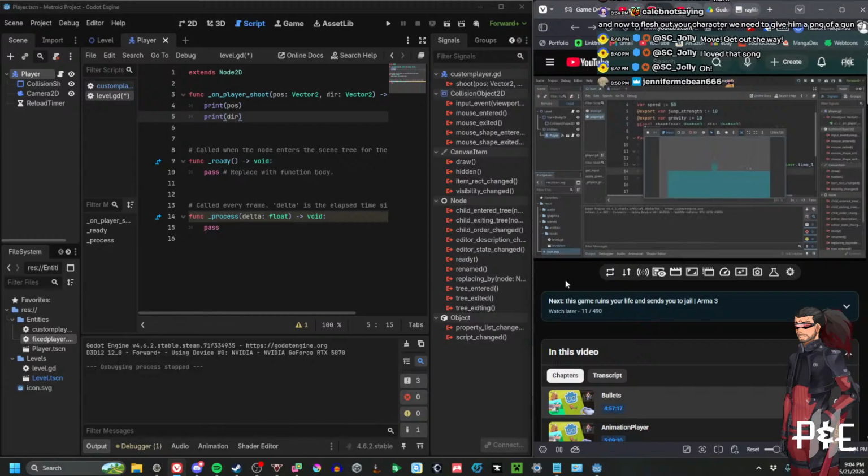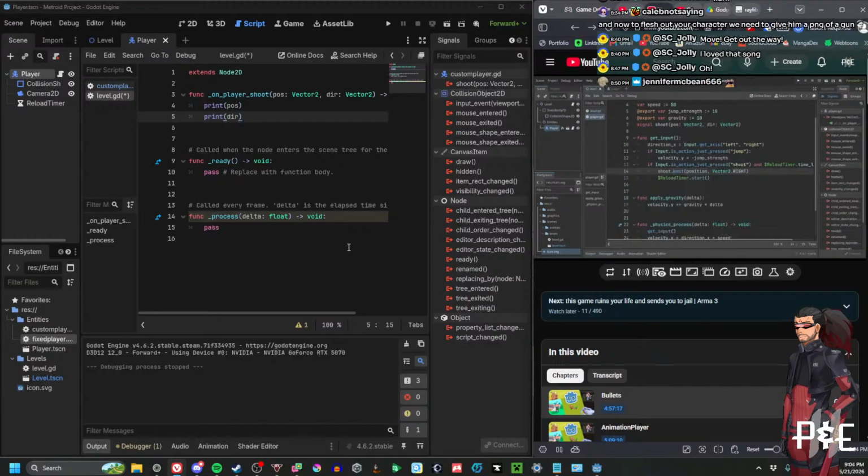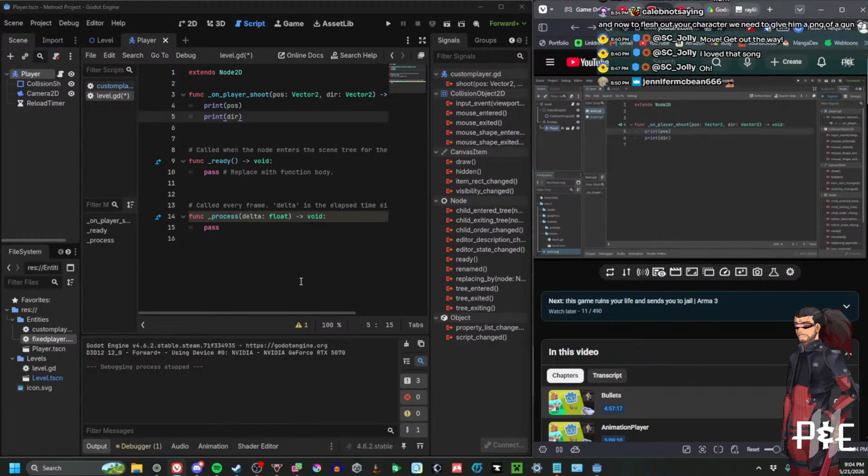If I now, inside of the game, use the left mouse button, we are getting different outputs. We are emitting the signal here, and inside of the level, we are capturing these 2 bits of information and